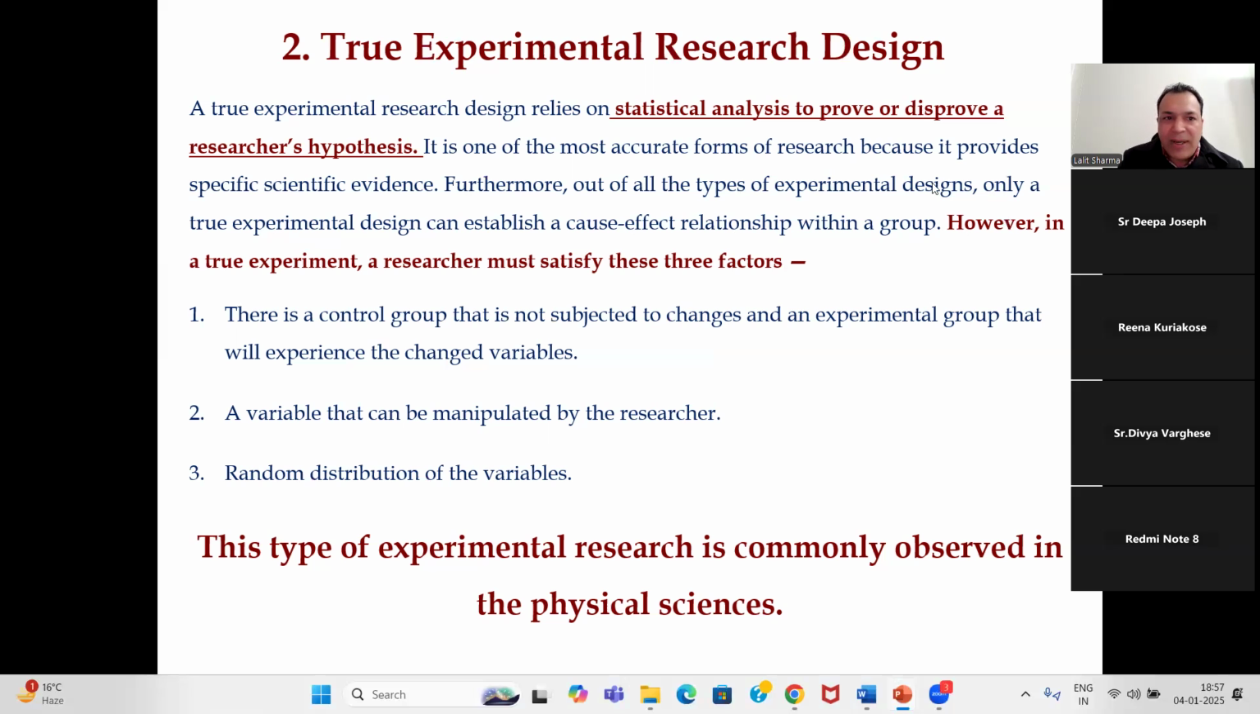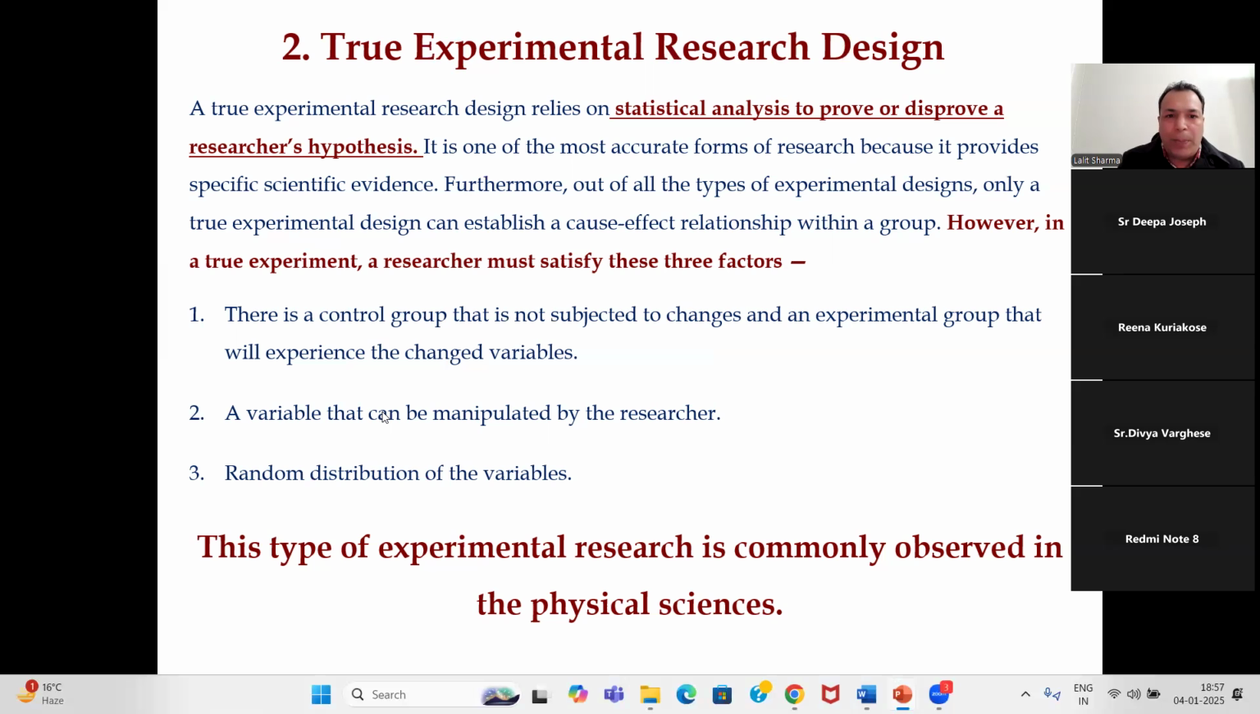However, in a true experimental design, a researcher must satisfy these three factors. Now these three factors, okay? Focus on three factors, then you will understand the true experimental research design. What happens? Number one,